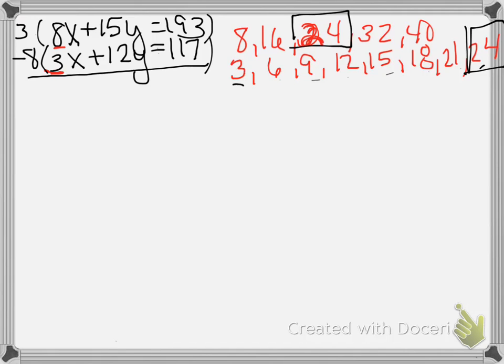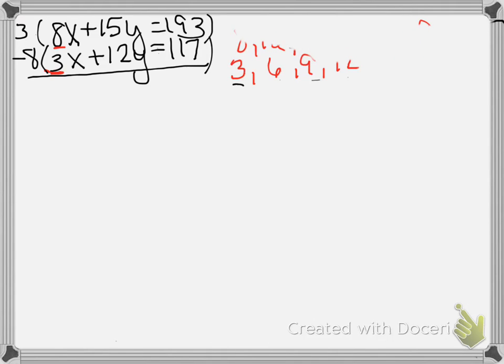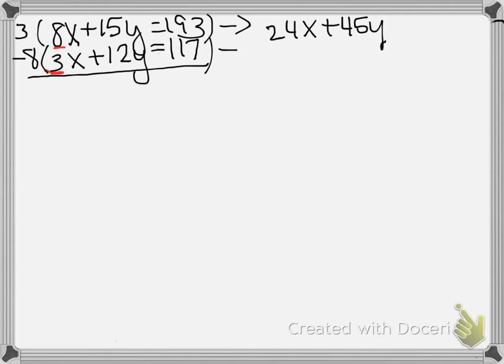Okay, let's first do the top one. Usually, let me erase this because I like to do them side by side. So we already know what our multiple is. And now we can just go ahead and rewrite both after we multiply. So 3 times 8 is 24x. 3 times 15 is 45y. And 3 times 193 is 579. The second one, I'm going to multiply this by the negative 8 so I can get a negative like term,